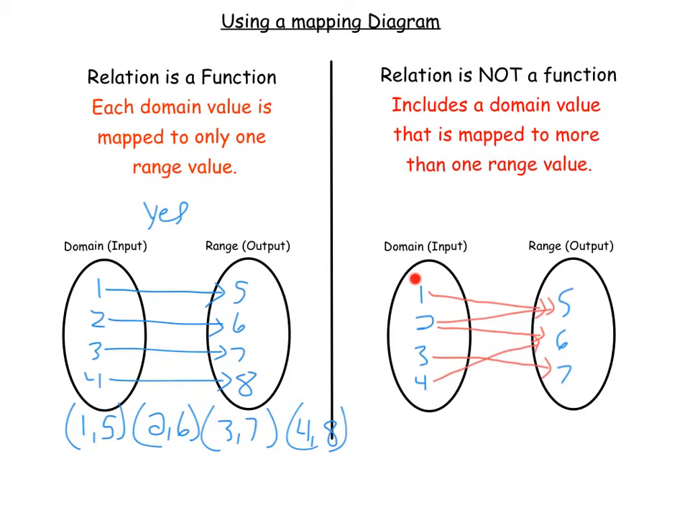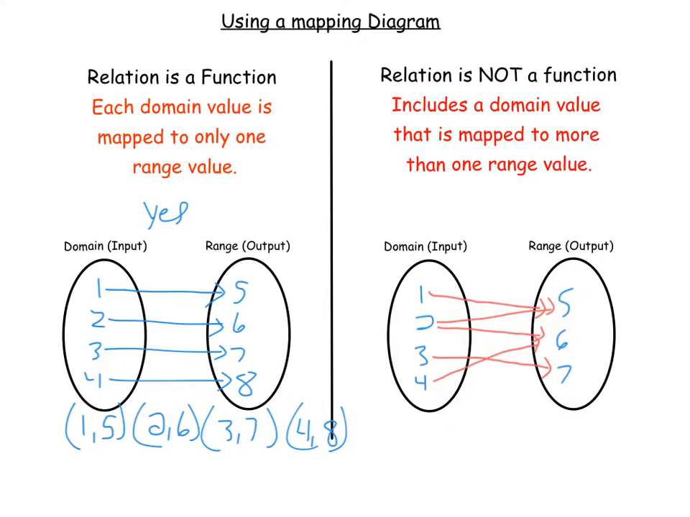If we put in 1, we know we're going to get a 5. If we put in 3, we know we're going to get a 7. If we put in 4, we know we're going to get a 6. But if we put in a 2, sometimes we get a 5, and sometimes we get a 6. So this right here makes it not a function because this domain value, or this input, has more than one